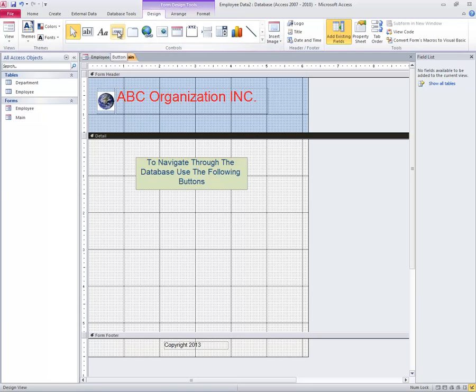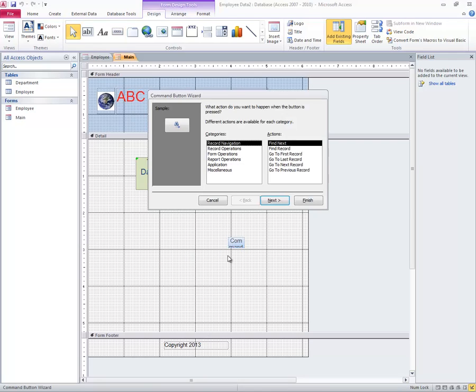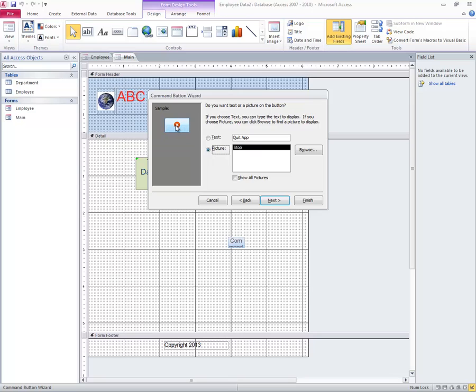So we'll add this one. This is one here. Okay, and this one will be for the application, and it will be to quit application. Next, it will show as a picture like that. Stop. It will be next, and you can make it command 7, or you can name it whatever you need. You can say exit button